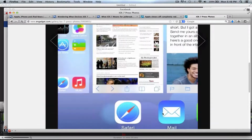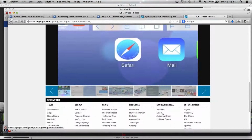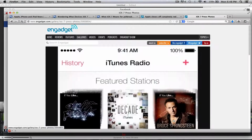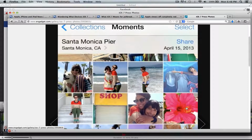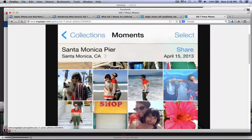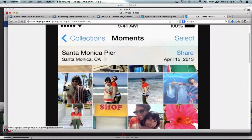This should be the multitasking app switcher interface, and like I said, looks pretty good, looks neat, and it gives you that full view instead of just having the app icon. iTunes Radio, like I said, I'll take a look at it. I'm not sure if it'll compete with iHeartRadio or Pandora. And then I believe this is the AirDrop, or is it Photos? I'm not too sure. Yeah, Photos. But those are some of the pictures that they presented